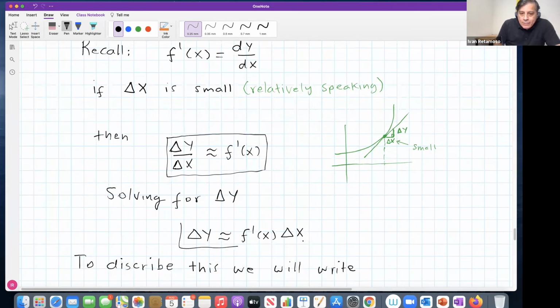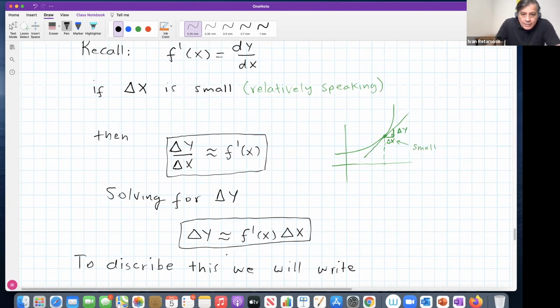And we get this interesting formula, right? That is telling me that if somehow I have information about the derivative at some input value x and a small variation on the input values, I can estimate with a high level of accuracy the variation on the output values, right? And you may say, Professor, but